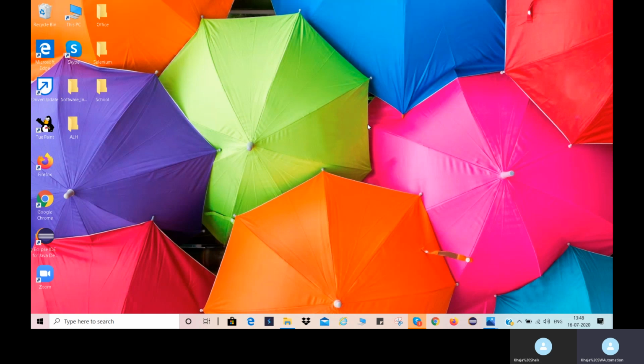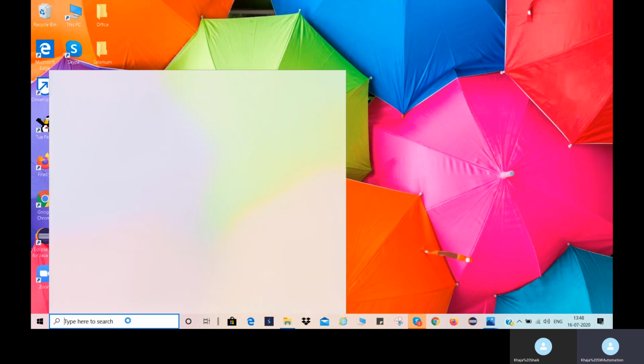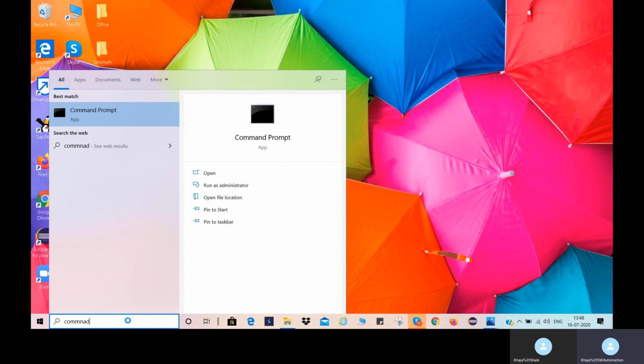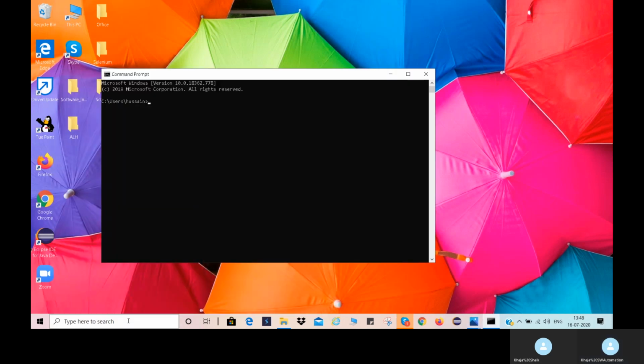To cross check whether Java is installed or not in your system, go to command prompt. Open the command prompt by typing command in the Windows search box and hit enter. In this command prompt, we use one command, javac space hyphen version. This command will display the version of the Java software if it is installed in your system.